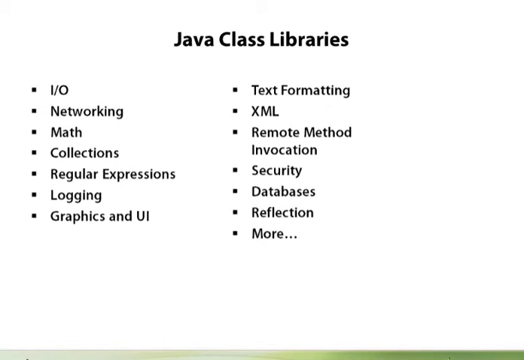Databases, there's a large support in Java for accessing databases and using an object relational model to get the data. You can either do raw SQL or you can serialize the database tables into objects. And then of course reflection to allow you to basically inspect the Java code itself and to dynamically load up classes. As all these